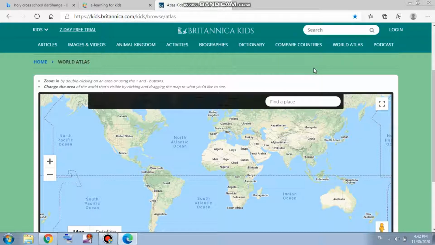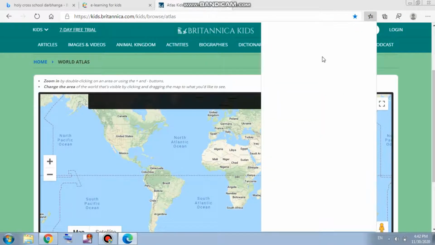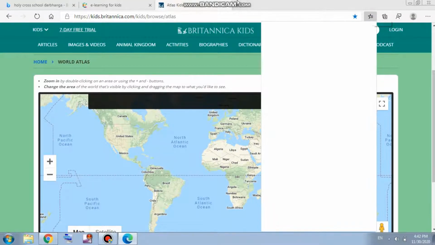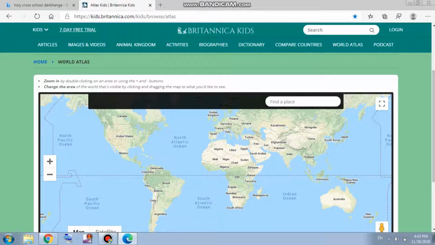Now we will again go and check the list of the favorites. From here we can get the list of the favorites. As we click here, you see there will be one more new favorite web page, that is Atlas Kids Britannica Kids. So this is how we can add the favorite pages, and we can open that page anytime wherever we are.